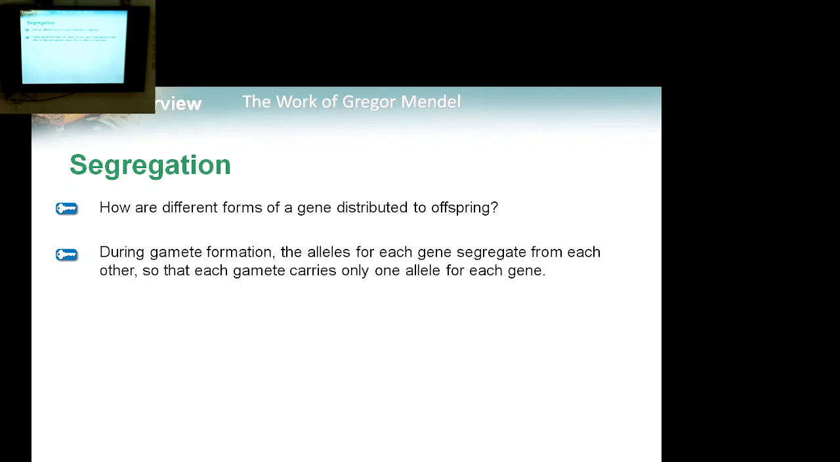Segregation. What do you mean by segregation, which is the second law of Mendel? How are different forms of a gene distributed to offspring? We need to know how the genes will be distributed to the offspring: which offspring will take this gene and which offspring will take the other gene. During gamete formation, the alleles for each gene segregate from each other so that each gamete carries only one allele for each gene. As we know,